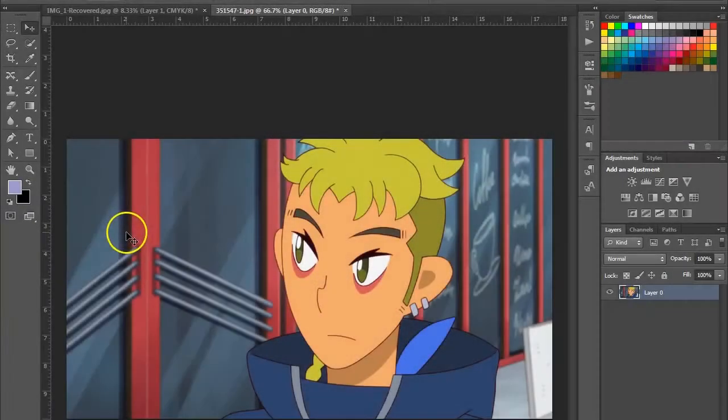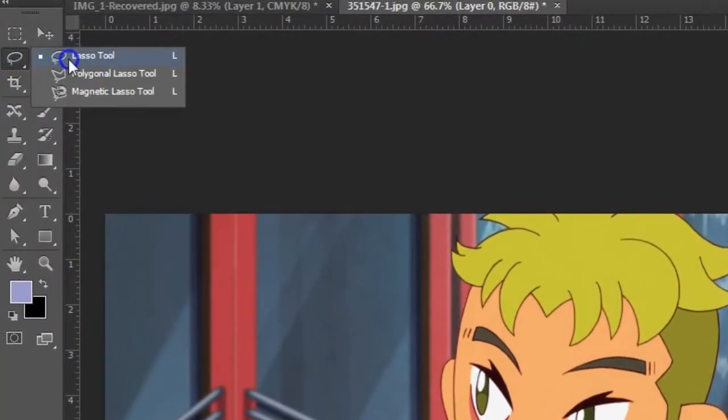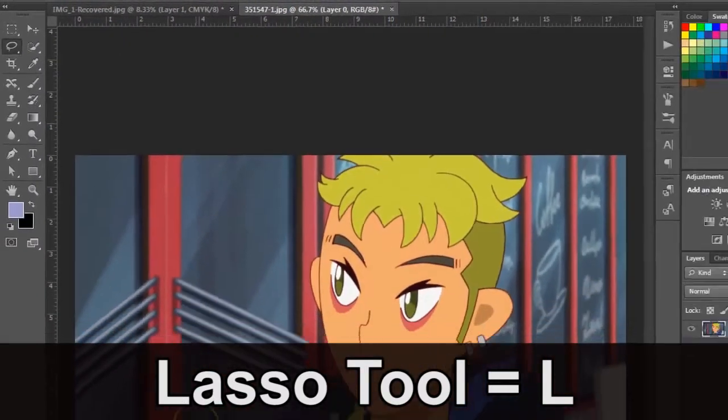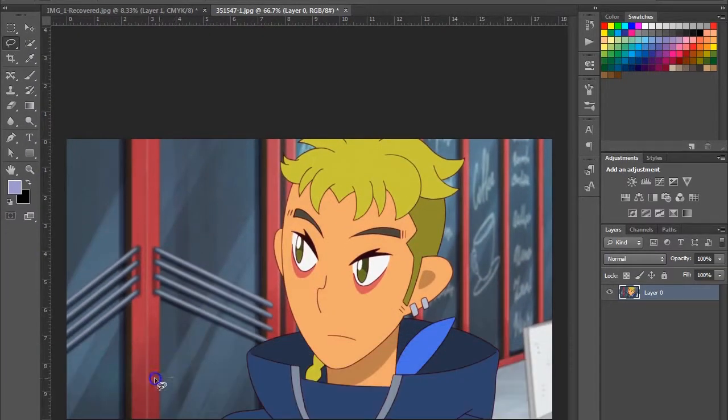Alright, in this tutorial we're going to cover the lasso tool. Now on the left side of the panel there are three options of the lasso tool. There's the lasso tool, the polygonal lasso tool, and the magnetic lasso tool. Now with the lasso tool, you are able to select an area freehand by just drawing over the selected area